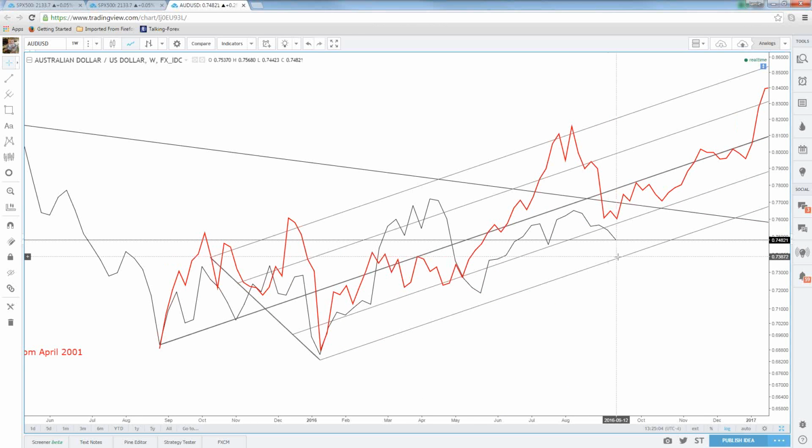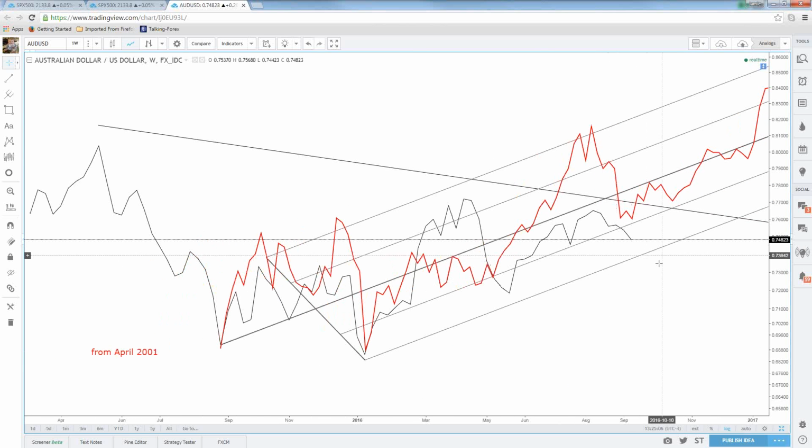Okay, so obviously again the scale is very different, but the times between the turns here is